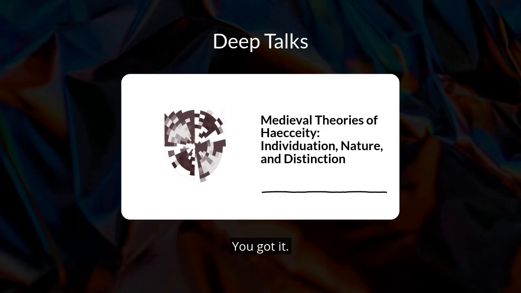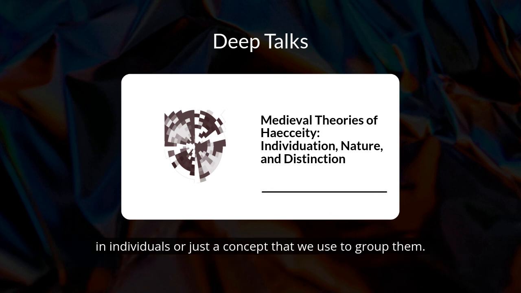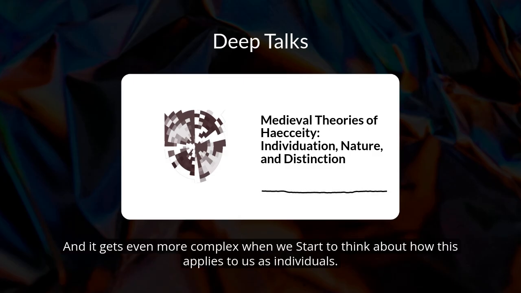You got it. And this gets to a core disagreement in philosophy. The debate between realism and nominalism, whether the common nature is really in individuals or just a concept that we use to group them. So for Scotus, humanity is a real thing that exists in all of us. But for Occam, it's more like a label that we use for similar beings. Exactly. And it gets even more complex when we start to think about how this applies to us as